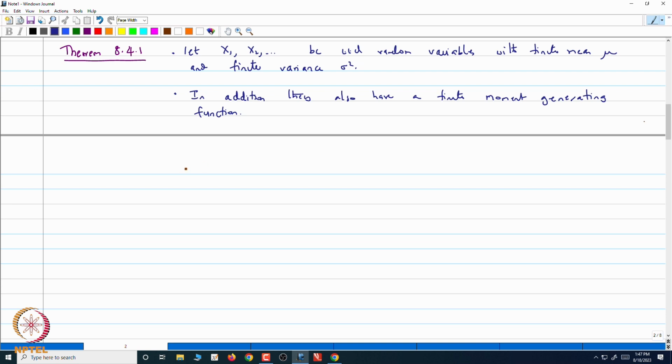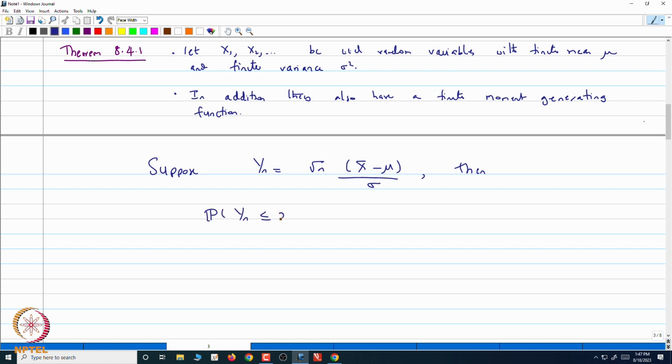Then what you can say is the following. Then the probability that, or maybe before the probability, let me define. Suppose Yn is equal to root n times (X bar minus mu) by sigma, the standardized mean. Then the probability that Yn is less than or equal to x, this distribution function of Yn, converges as n goes to infinity